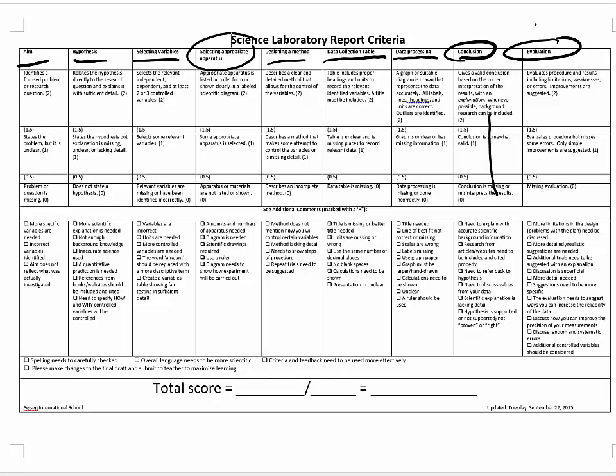So I'm not going to read everything here, but you're aiming for what's in the top row if you're using this particular rubric. So are you identifying a focused research question? Is your hypothesis directly related to the question? And have you explained it with enough detail? For your variables, do you have the correct independent and dependent variable? Usually it's only one independent variable and one dependent variable, and at least 2 or 3 controlled variables, but you